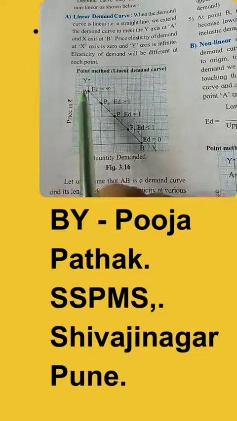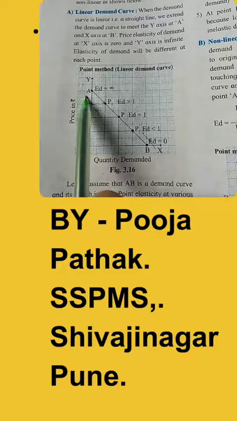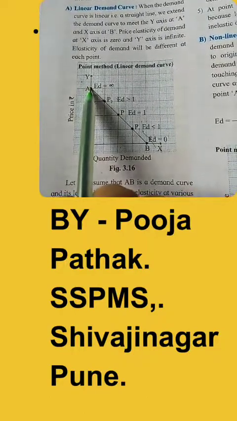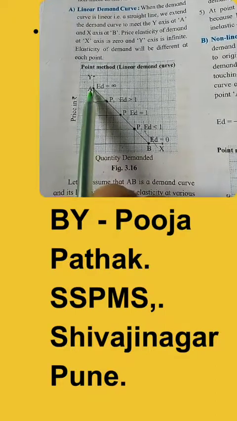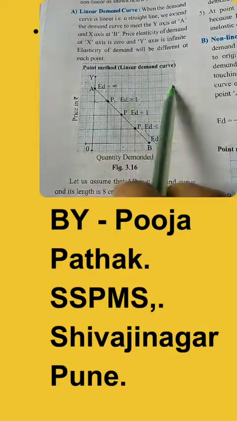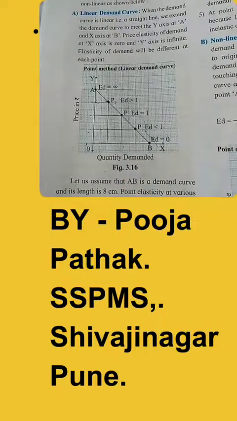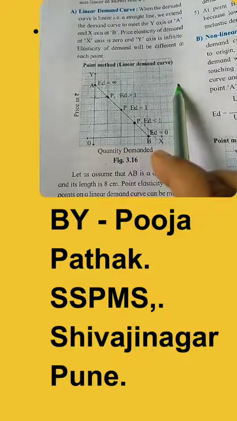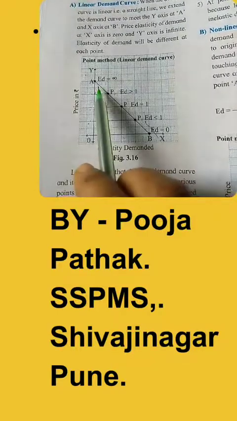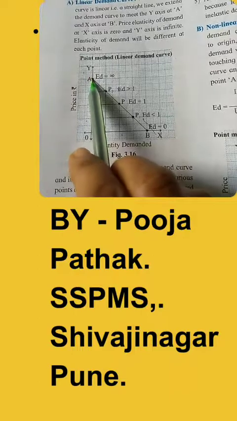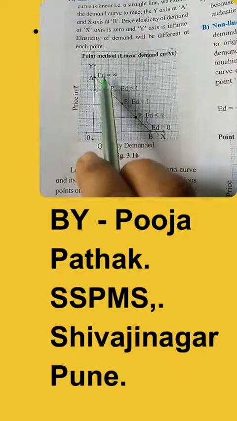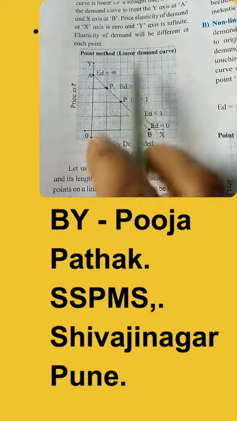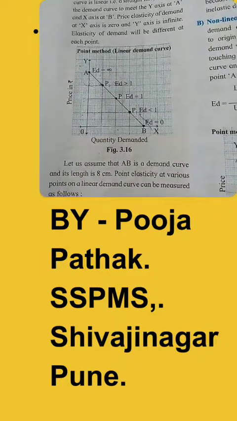Now this point A is the point where, with a slight change in price, the change in the demand is infinite. As we learned in types of elasticity, that is perfectly elastic demand, right? Like this we had drawn. So that is perfectly elastic demand. So at this point it will be perfectly elastic demand, so ED is equal to infinity. So you have plotted two types of elasticity.